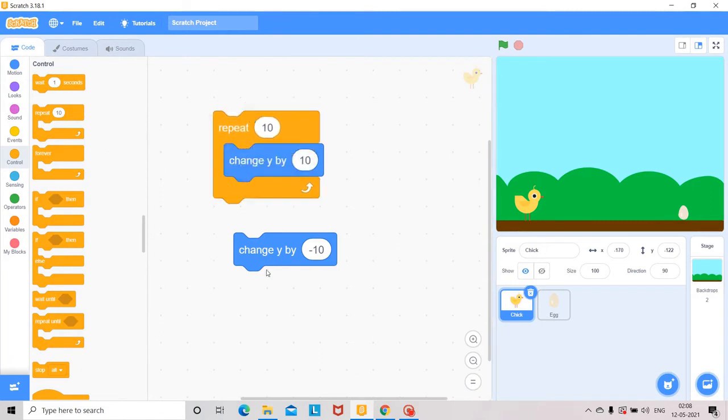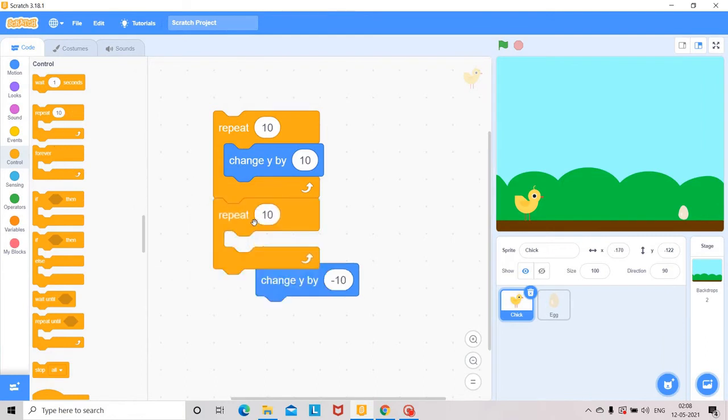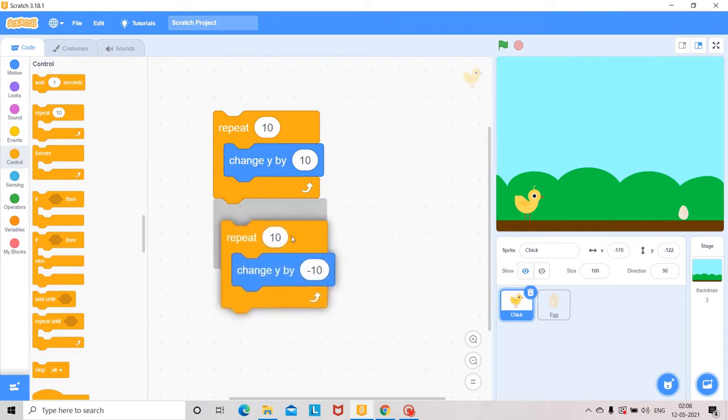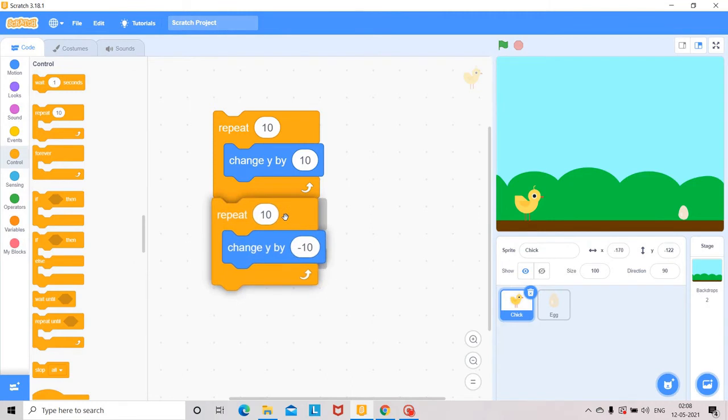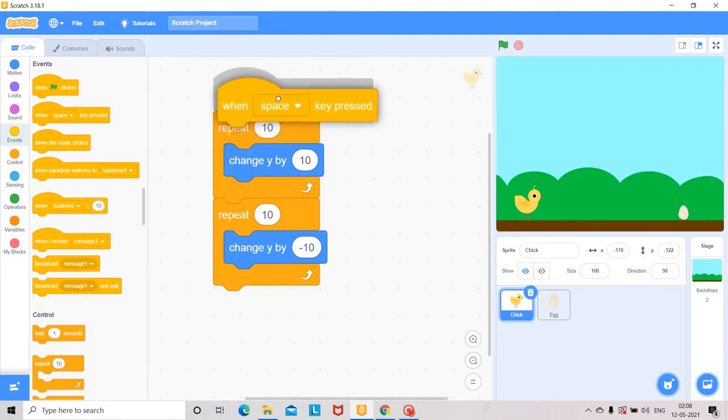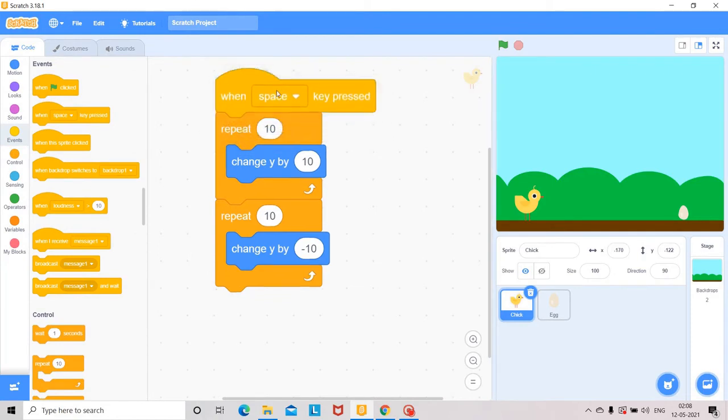And when it is coming downward 10 steps, it also should have a repeat condition. And the event that you take here is when space key pressed. Let us check now.